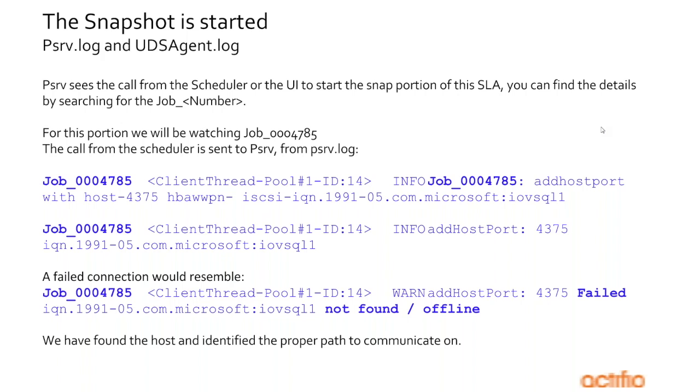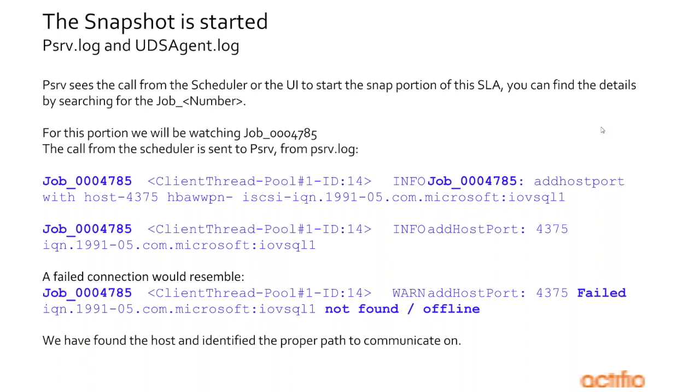We've got all 5 of these services now all working in concert to manage our physical disk, to talk to our host, to start to present that physical disk to the host, open network paths, and then start ingesting that data. So if you want to see how this works, the best thing to search for at this point in the job is really going to be the job number. So as you can see here,